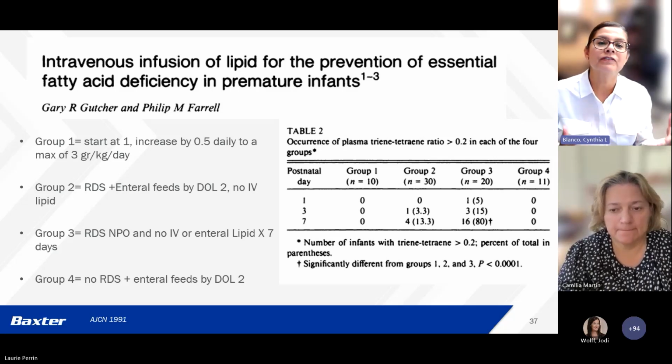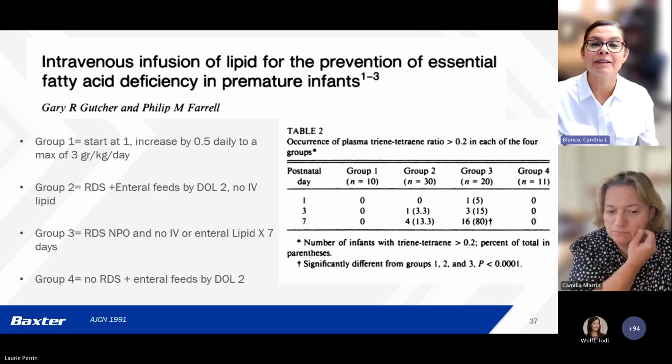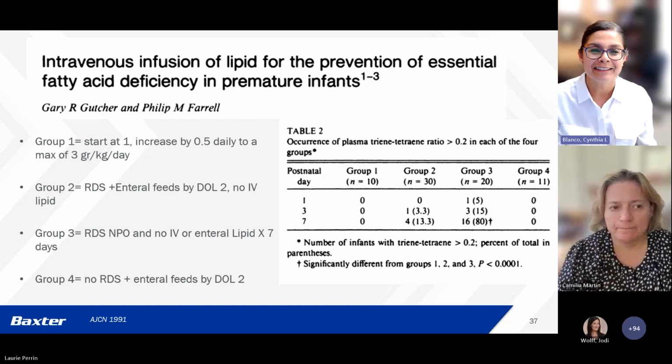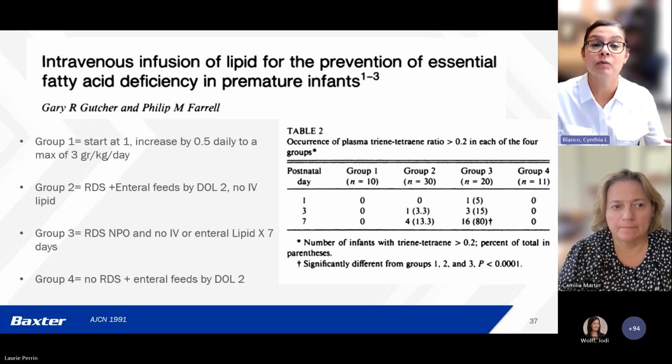So it is very important for us to remind ourselves we have a lot of unknowns, and we should not be afraid of providing good IV nutrition for these infants. And we should provide enough nutrients to get them to grow until we know better of all the different interactions. So we do not go back to the 80s when we were not giving enough and causing this